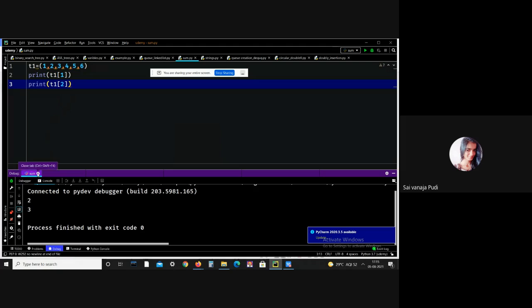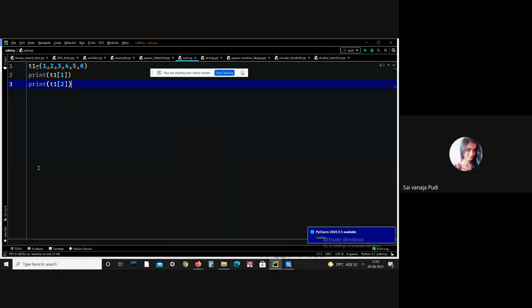Let me perform slicing. Generally we perform slicing by using the colon operator to get sub elements. If you want to get multiple elements, then you can perform slicing.